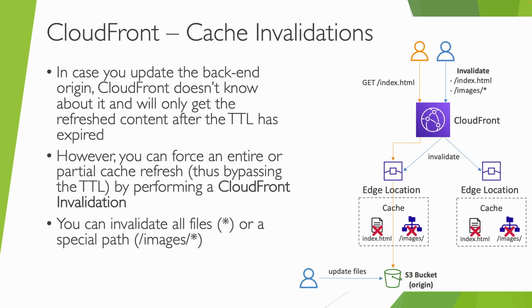And there is one more last topic. This is the last topic in CloudFront. This is called cache invalidation. So the main target of our CloudFront is to get the data very quickly from the cache, right? Say you have a CloudFront distribution here and you have 2 edge locations which are caching your applications. So we have index.html and images in your application, which is being cached in one edge location,